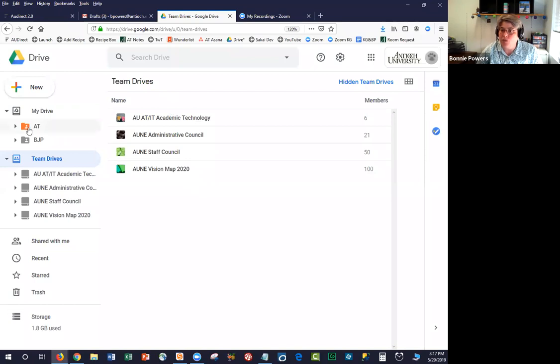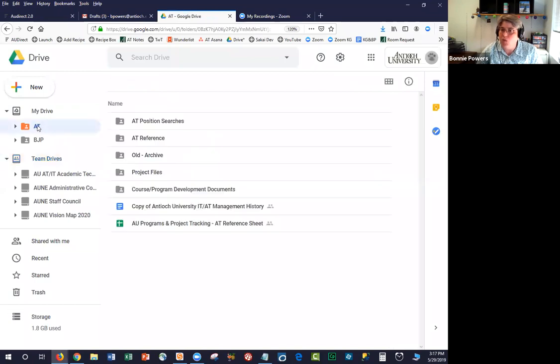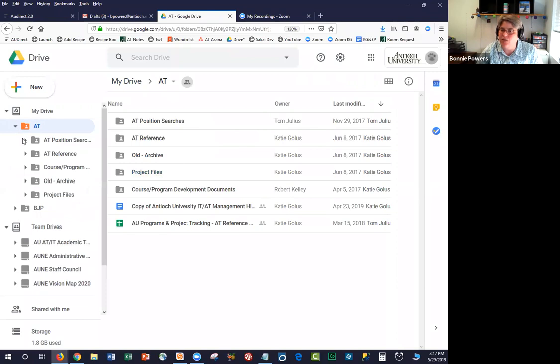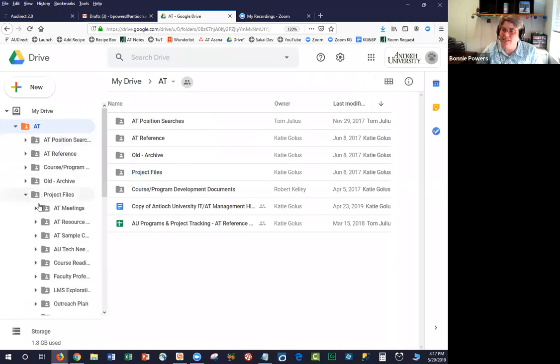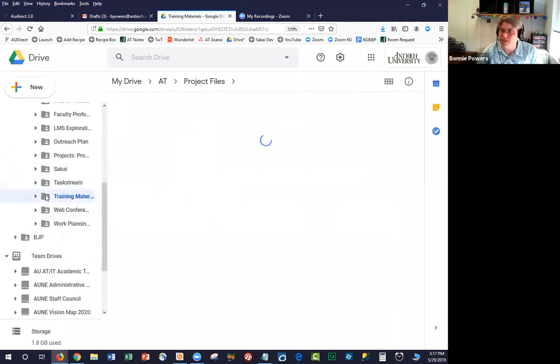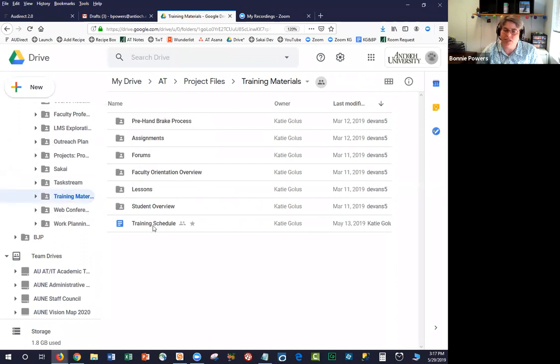And one of the really cool tools that I just learned about was being able to do a shortcut. So if I use this project file a lot, you can see that the AT folder has tons and tons of subfolders, and I have a hard time finding things. But I often use these training materials, and I need to be able to get to this training schedule easily. And there's a couple of ways to make it easier for me to find it. One, I can star it,